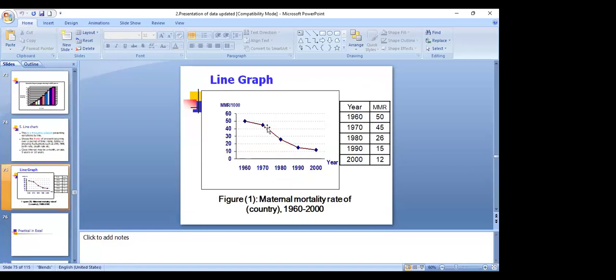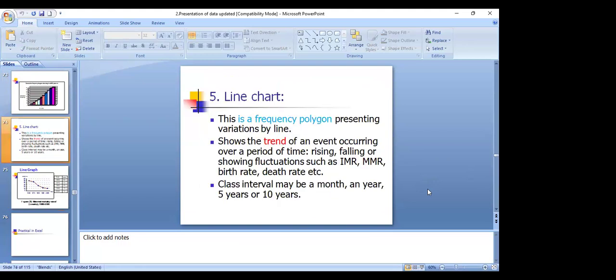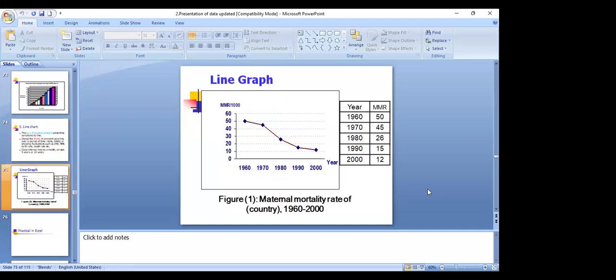You're only showing the data points with the help of a line diagram. So it is essentially a frequency polygon. There is no fundamental difference except that, aesthetically, the histogram is visible in case of a frequency polygon, whereas in case of a line chart, only the data points are visible in the form of a line diagram, or a trend diagram. That is the essential difference. Otherwise, there is no fundamental difference. Line graph is just a variation of a frequency polygon.